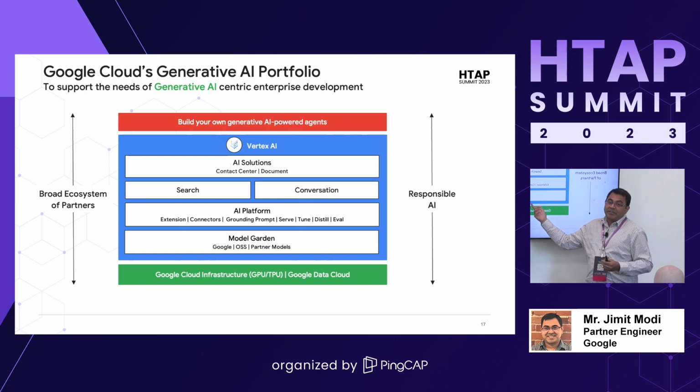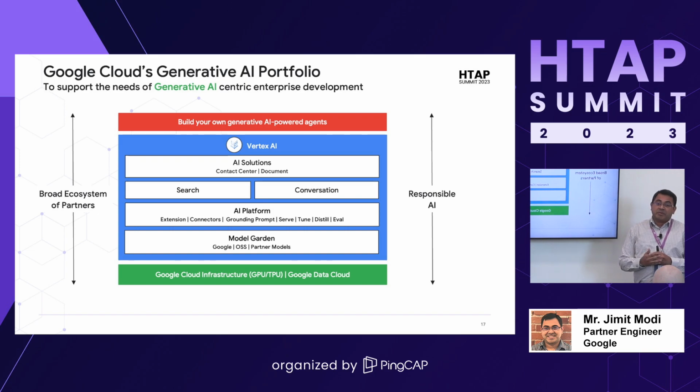So that's the advantage of having your model listed in the Model Garden. The next platform on top of it is the AI platform. This is something we also expanded in our announcement during Next. Basically, there are connectors or extensions to match where you are as a customer. We do not want you to drop your whole technology stack to use this. We want to provide you enough buy-ins or extensions so that you can continue whatever you have and then get Google Cloud added onto it.